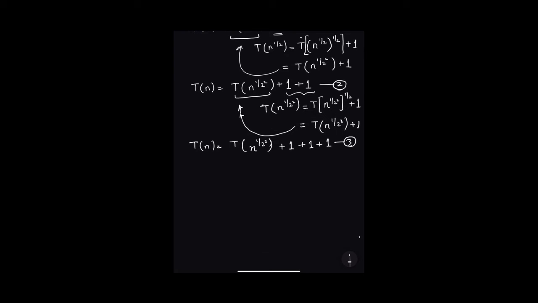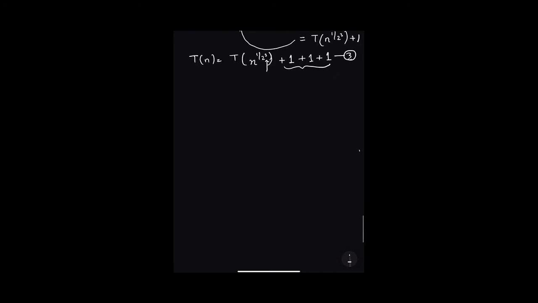Now what I'll see is that in the third step, I get 3 over here, and the number of times that 1 has been provided is also 3. So if I execute my whole statement for k times until the stopping condition is met, I can say that T(n) is equal to T(n raised to the power of 1 by 2 to the k) plus 1. How many times will this be coming? Up to k times. This is my equation 4.